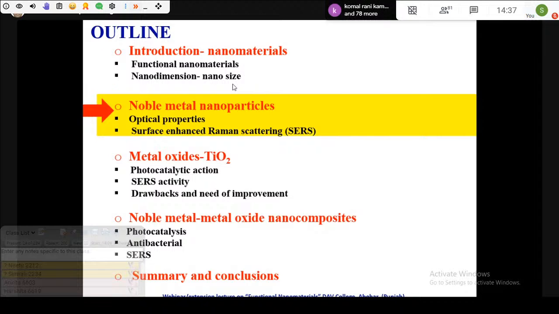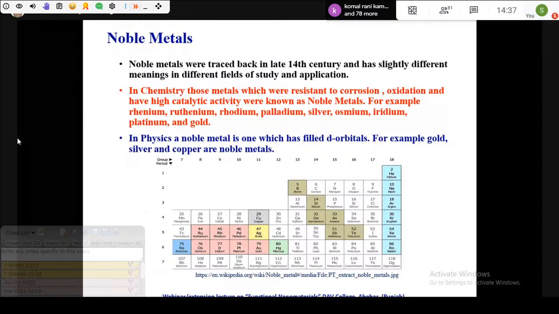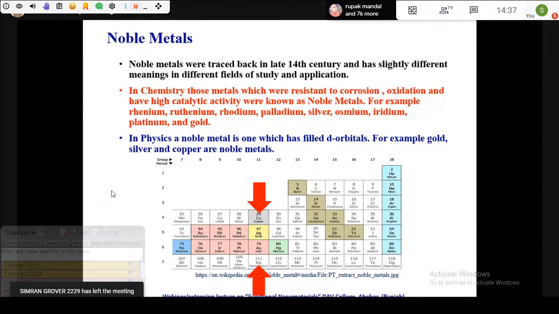Okay. So if you think about the noble metals, what are noble metals? Why are they important? Today, whoever is here, from a physics or chemistry background, we define noble metals in a slightly different way. But especially this group of elements is known as noble metals. We can define them in different ways, but the important thing here is